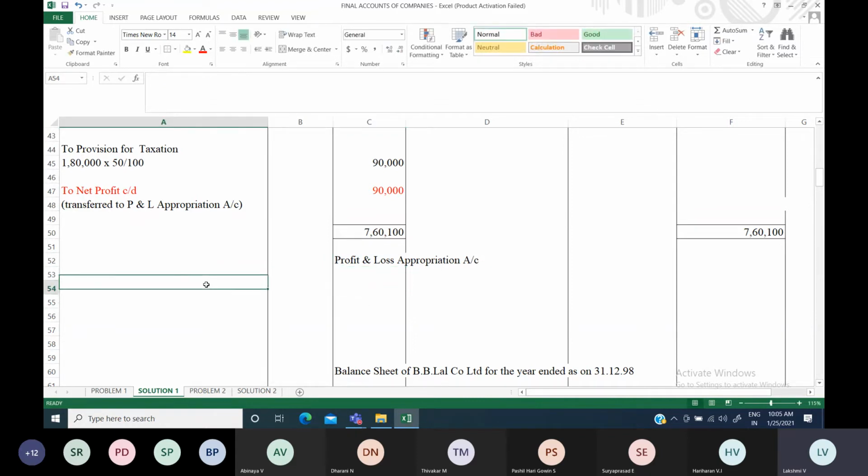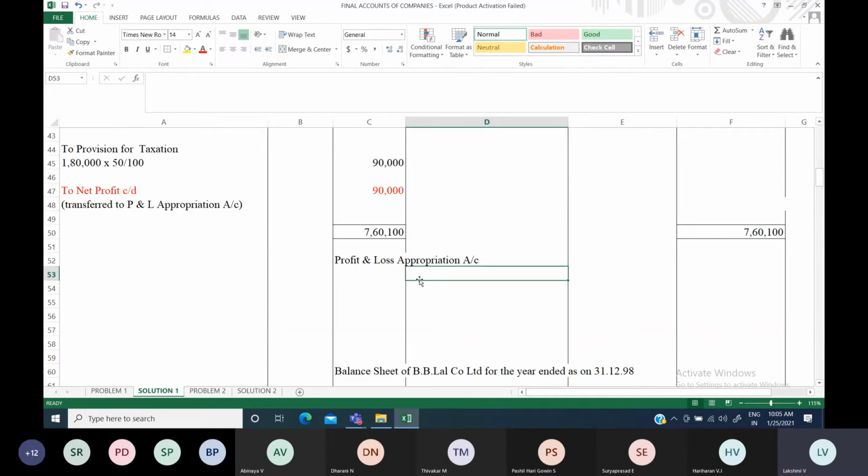Why this account is prepared is that if you have any general reserve transfer, that will be taken on the debit side of this account, and any interim dividend paid. As I told earlier, what is meant by dividend, what is meant by interim dividend, all those we discussed earlier, so I think we need not require much explanation on that. All those things will be taken to the debit side of that account, and if you are paying interim dividend, you have to pay tax also, you have to provide for tax also. So dividend tax, all those things will come under the debit side of your P&L appropriation.